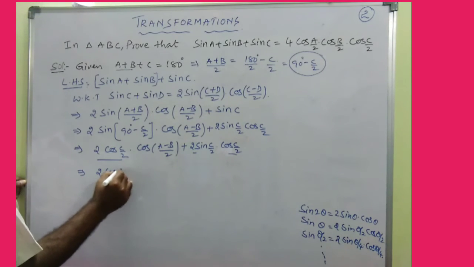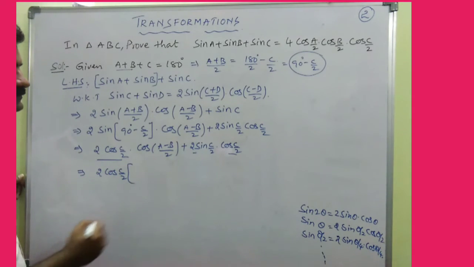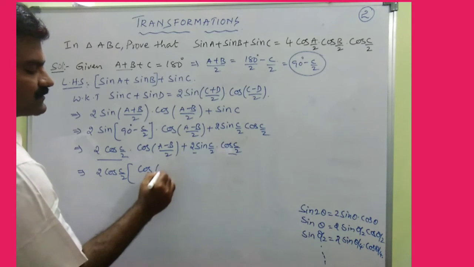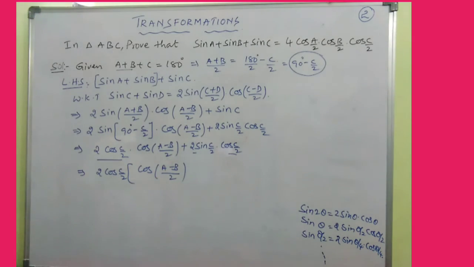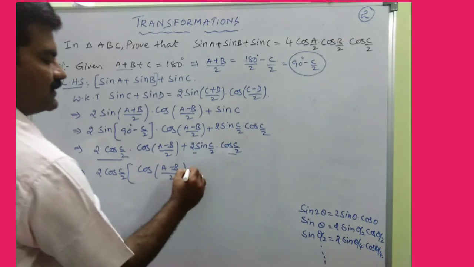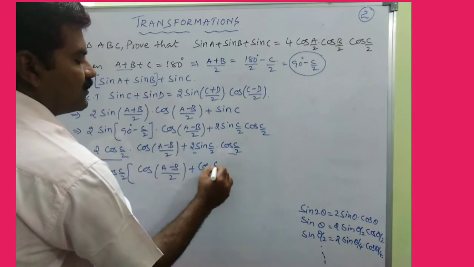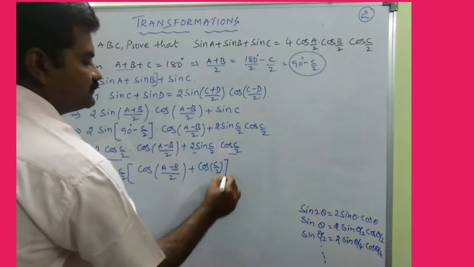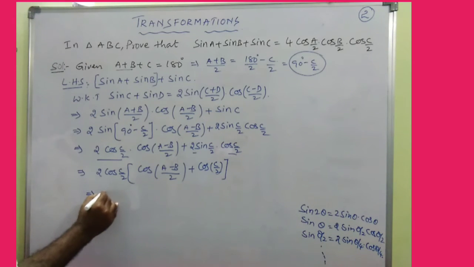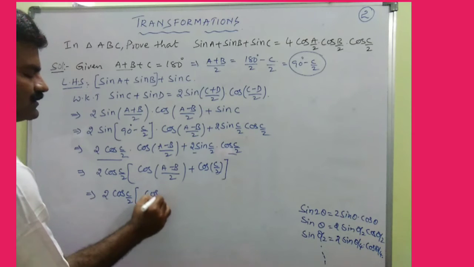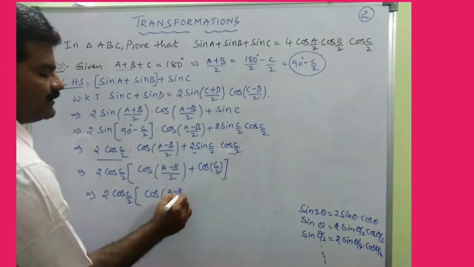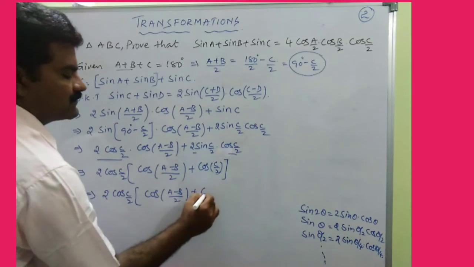We can take 2 cos C by 2 common, then this is cos of (A minus B)/2 plus sin C by 2. Now this is 2 into cos C by 2 into cos of (A minus B)/2 plus cos of...